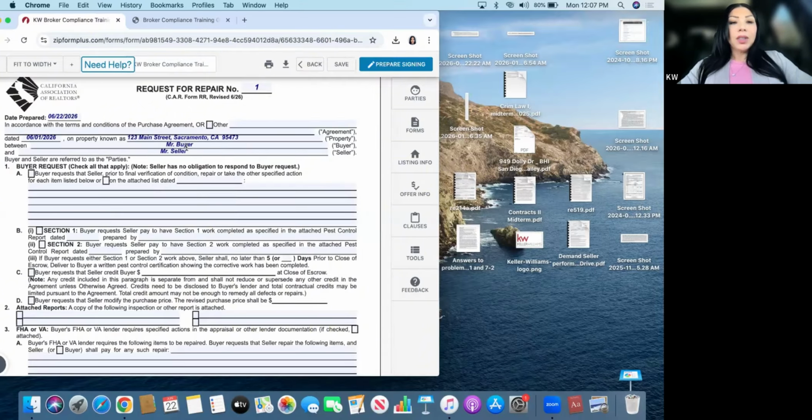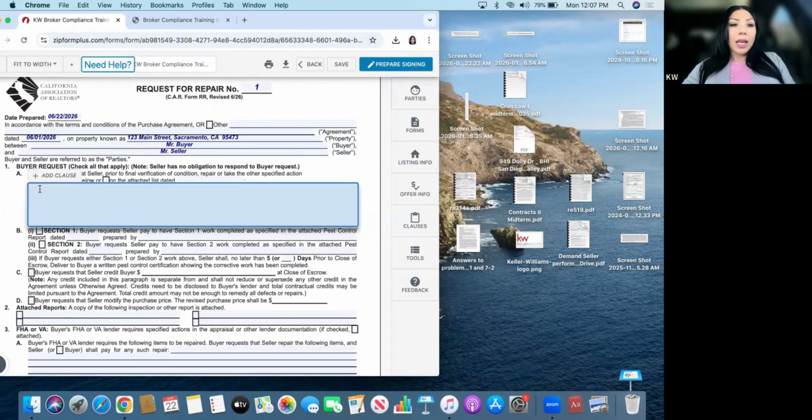Okay. Buyer's name, seller's name in here, information, make sure it is correct. Okay, so options. Number one, buyer can request that seller, prior to final verification of property condition, repair or take other specified action for each item listed below. So the request for repairs could look like this. It could look like number one,